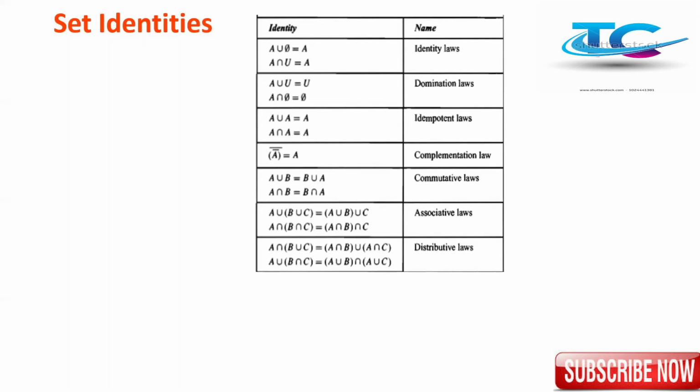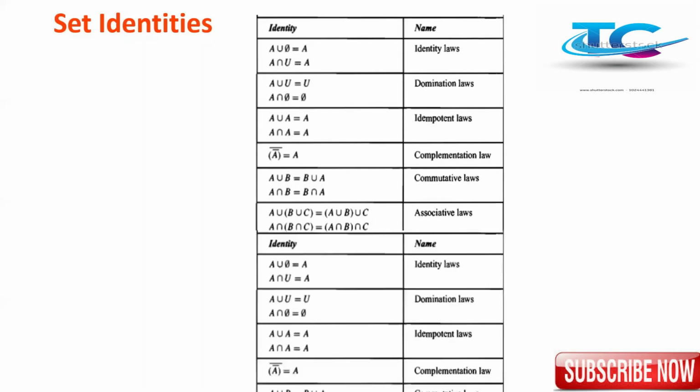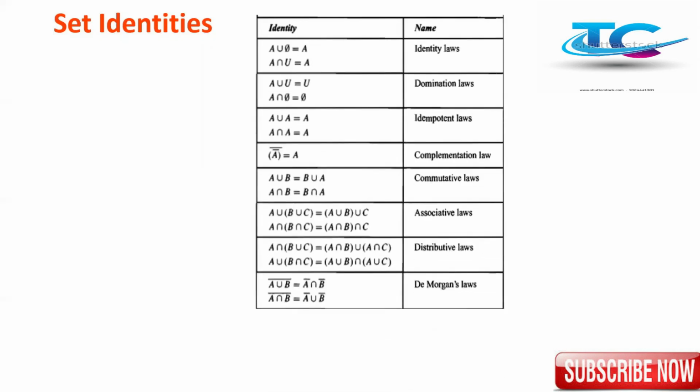Next is distributive law. Again, there are two laws. One is over intersection and one is over union. So this is the form of distributive law. Next is De Morgan's law. This is a very important law which we will be using in questions most of the times. So De Morgan law is A union B whole bar is equal to A bar intersection B bar. This bar is also a complement. Sometimes it is represented as a dash, sometimes it is represented by bar. So it is basically complement.